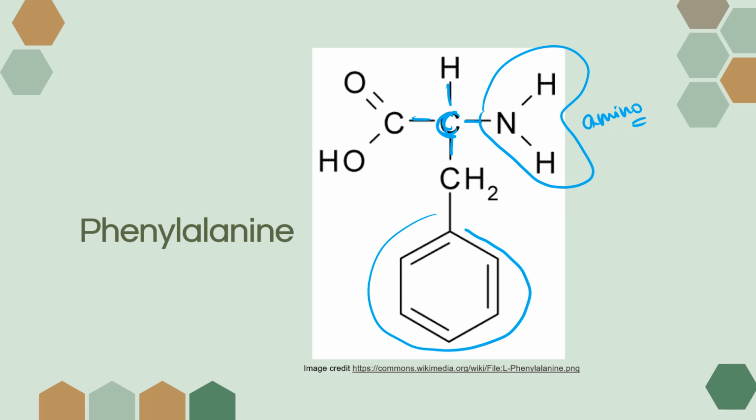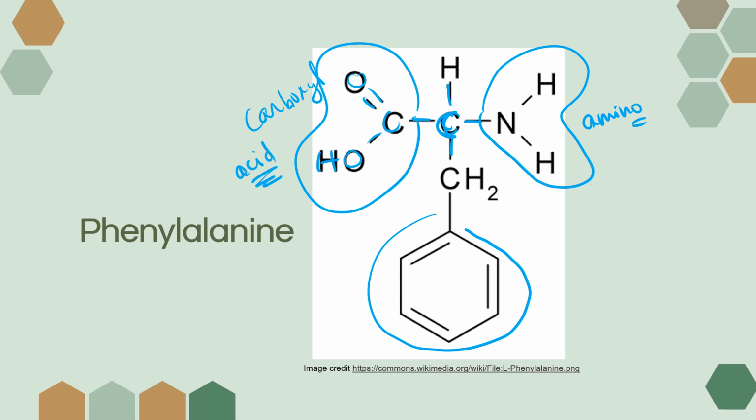So it's amino, no double O. What have we got over here? I see a COOH. What group is that? It's a carboxyl group. And remember that carboxyl groups make compounds that are called carboxylic acids. So because this is a carboxylic acid and this is an amino group, this is an amino acid. Phenylalanine,